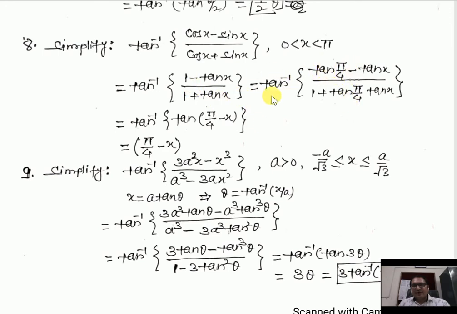Why do we need to write 1 in terms of tan pi by 4? So that we can apply the formula, you know, tan a minus b equals tan a minus tan b upon 1 plus tan a tan b. The reason is this whole function we have to convert into a single term, a single value, in terms of tan only. So tan pi by 4 minus x, tan inverse tan gone, pi by 4 minus x.